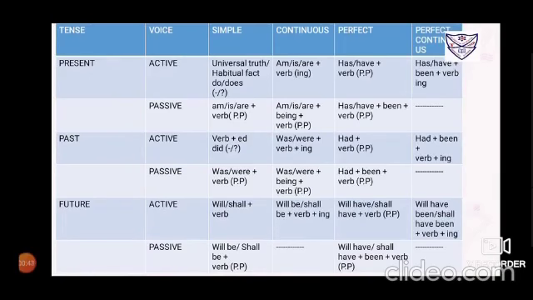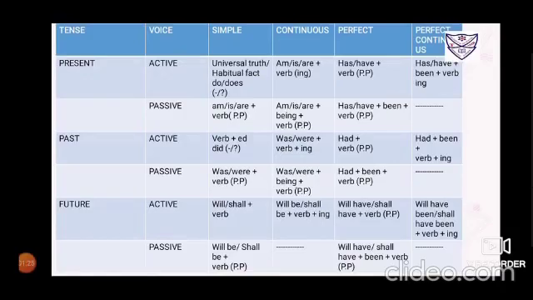For the past perfect tense, we have to use the word had in active voice. Then in the passive voice, it will have only one word added, that is had been, and the verb in its third form. Again, the verb won't change as it is already in its third form. Now for the future perfect tense: will have, shall have, and verb in its third form. That will have only one word added, will have been or shall have been. The verb, as mentioned before, won't change because it is already in its third form.